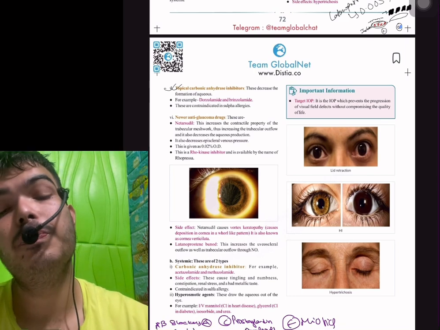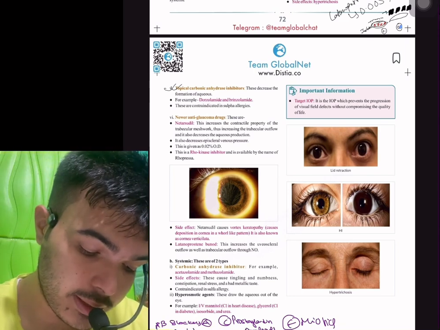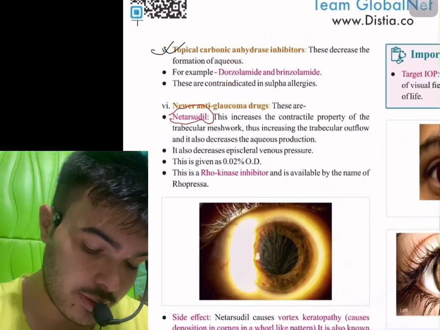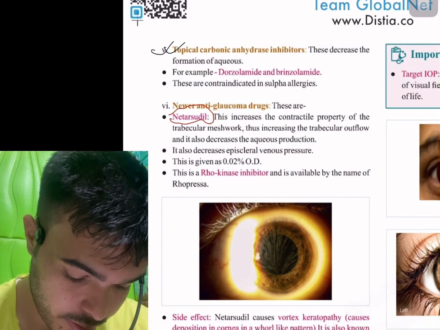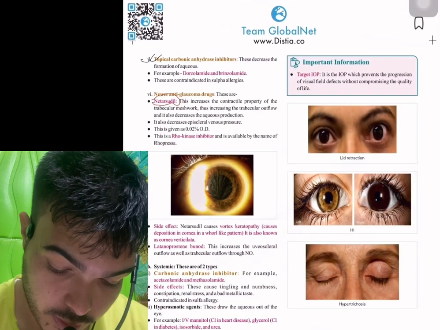surgery. Netarsudil is a newer drug, okay, because it is useful in topical steroid associated glaucoma. Netarsudil becomes a very good drug. So this completes our video on